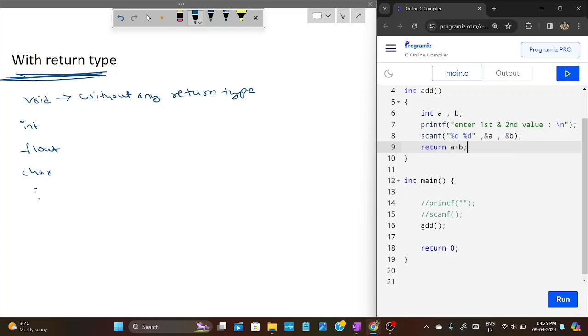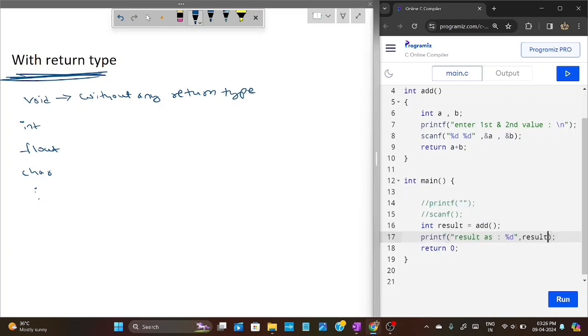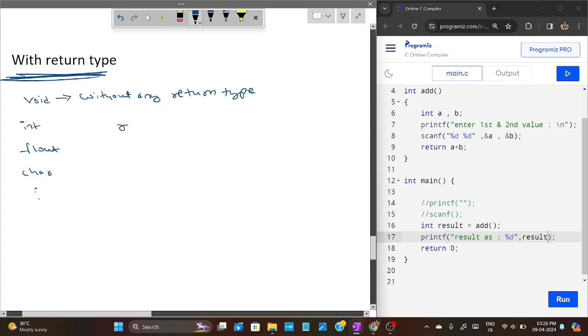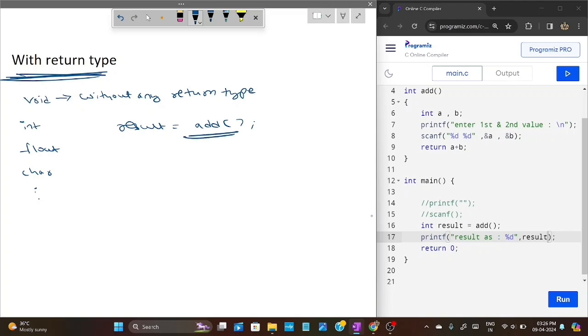In main, I consider a variable result, which equals add of a and b, and lastly I print result. Why did I write it like this? Result equals add of parenthesis means after execution of this add method,